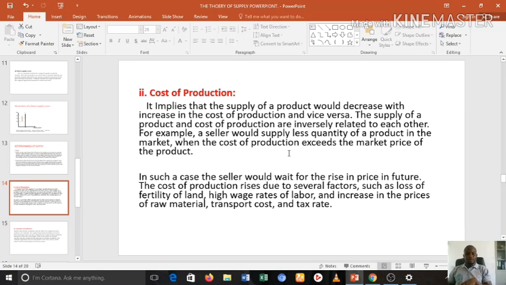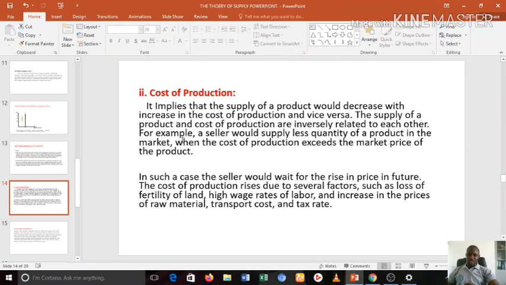But if your cost of production is lower than the selling price of the good, of course you are going to make profits. So therefore, you will supply more. Right? So that is how you explain this concept. Under cost of production, you simply tell the market that when the supplier or the producer realizes that the cost of production is higher than the selling price of the good, she tends to default. It leads to what? A fall in the supply of goods and services. But when the cost of production is lower than the selling price of the good, of course they are making profits, so therefore it will lead to an increase in the supply of goods and services.